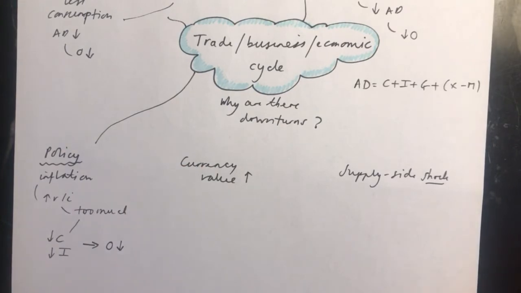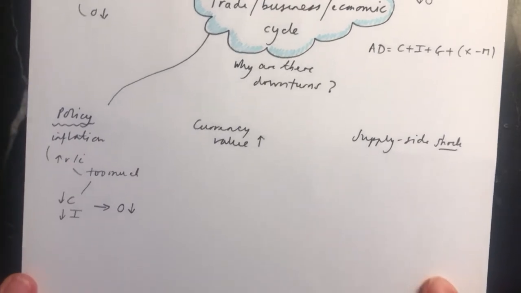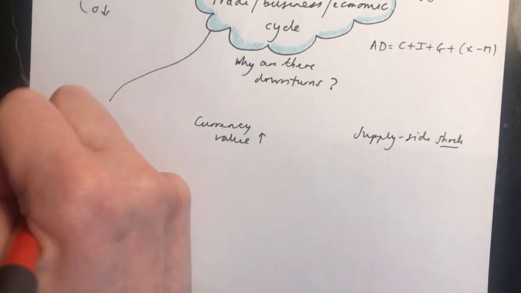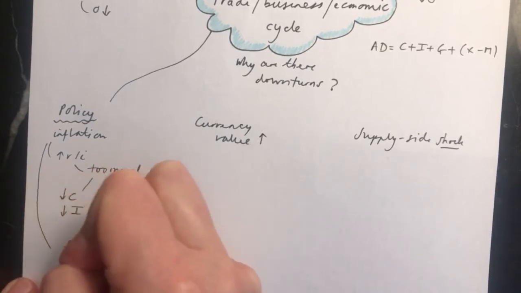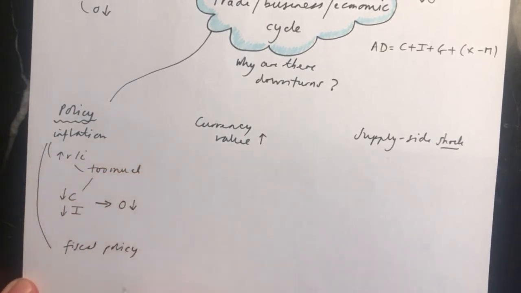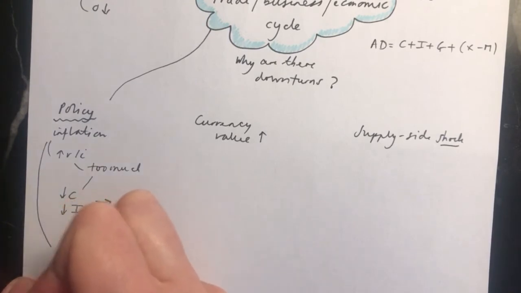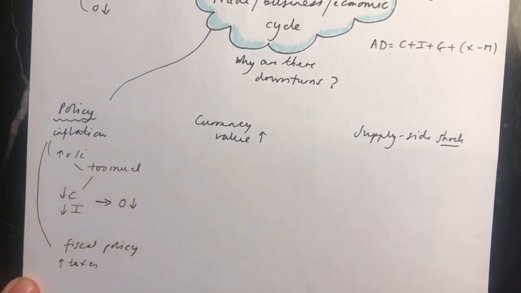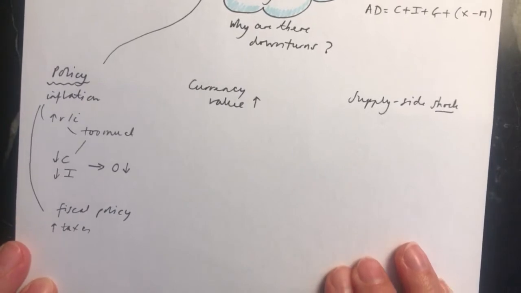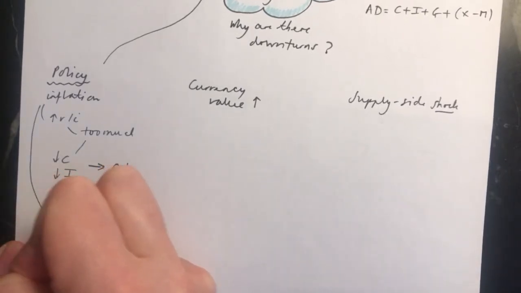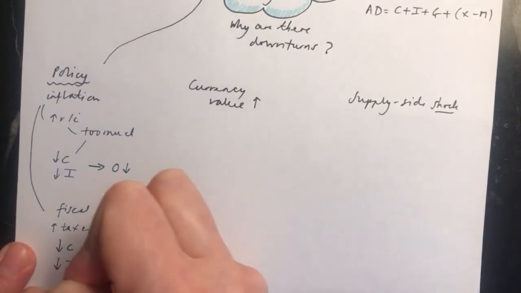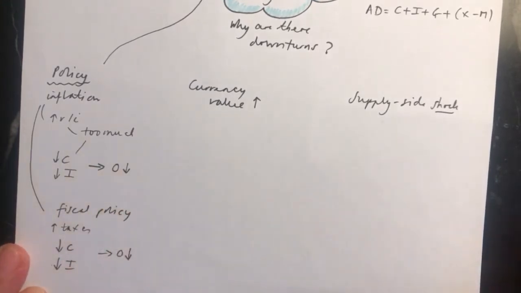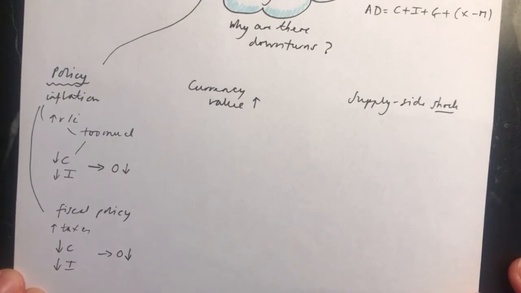You'd hope that the policy wouldn't be done to such an extent that that would happen, but it is a possibility. The next type of policy that you might have, rather than monetary policy, is fiscal policy. And the fiscal policy may well take the form of increasing taxes. And again, if taxes are increased too much, this might actually cause a decrease in consumption, a decrease in investment, so much that overall output goes down and you go into a downturn in your economic cycle.